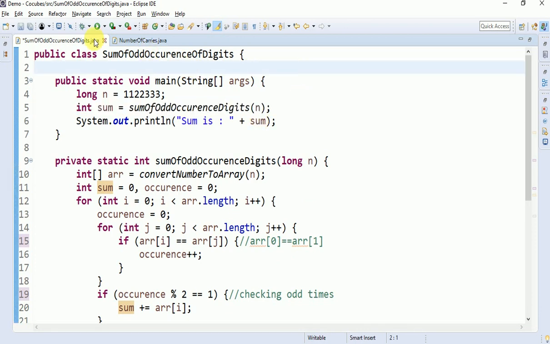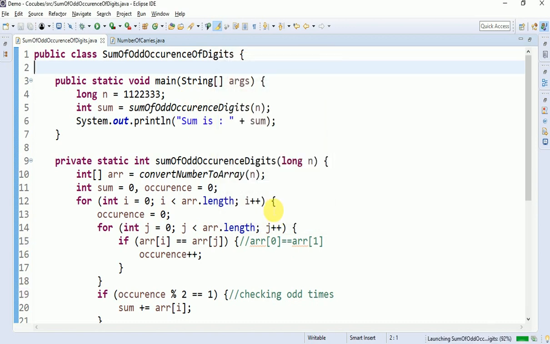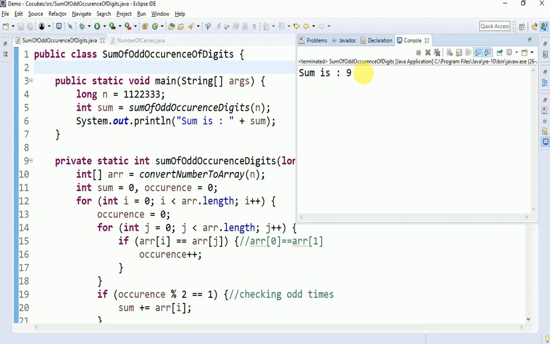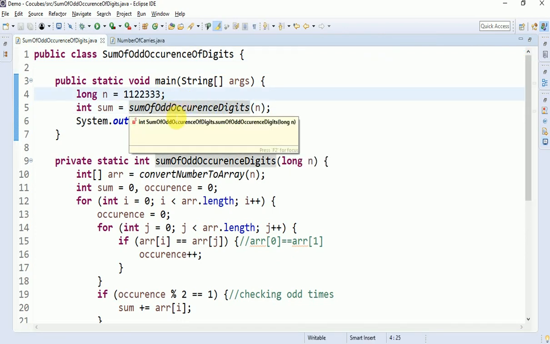So let's run and see this. You are getting sum is 9. So let's check for other input also. Whatever code you write, it should satisfy all the inputs, then only your code is correct.